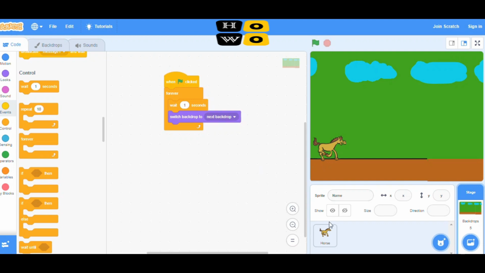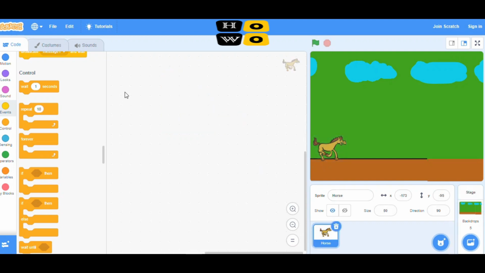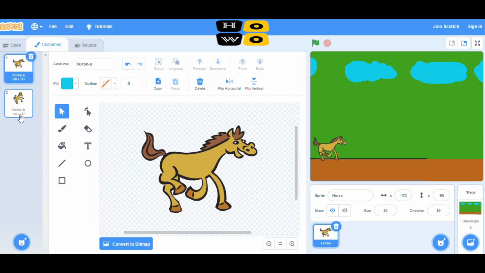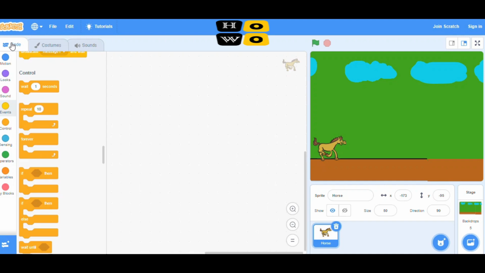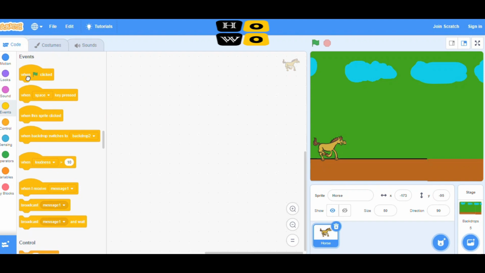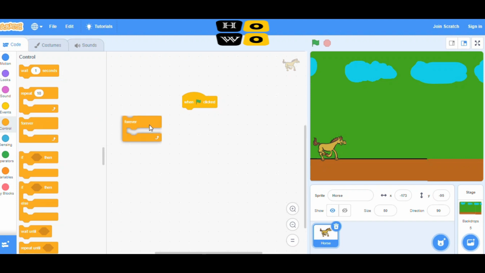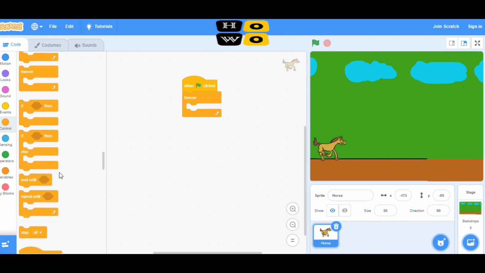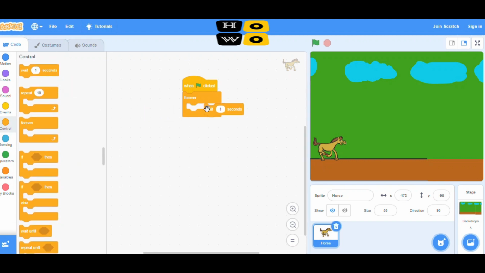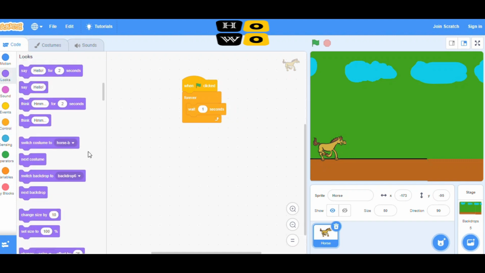Fine. Now let us code for this horse, because this horse also has so many costumes. As you can see here, there are 2 costumes present for this horse, and let us do the same thing, that whenever the green flag is clicked, then these costumes should change. So I want that forever the frog should run. So for that I do need to add a wait of 1 second here also, and then from the looks I want